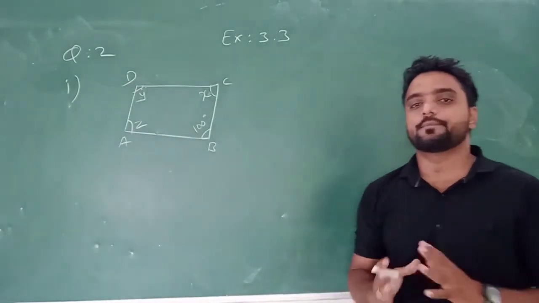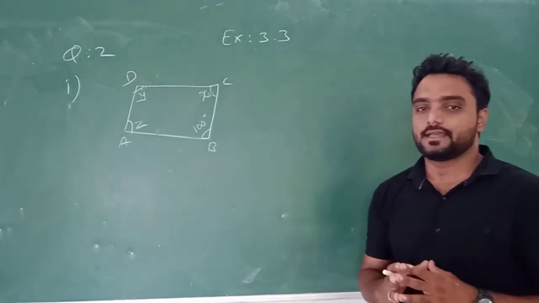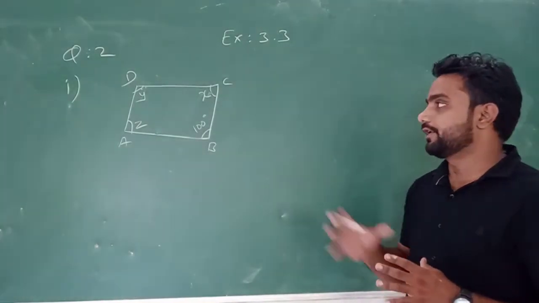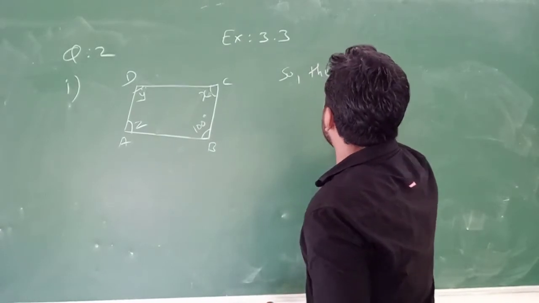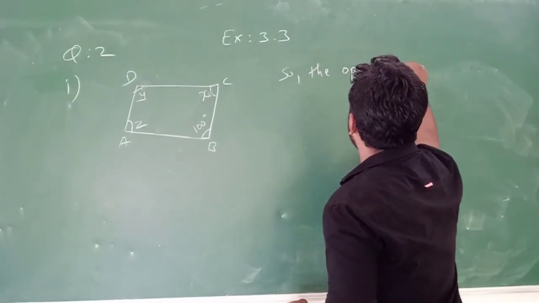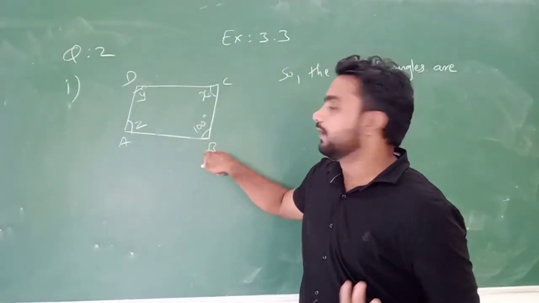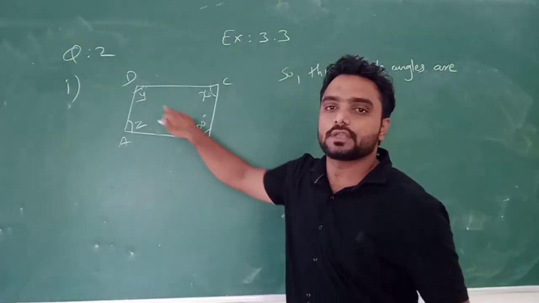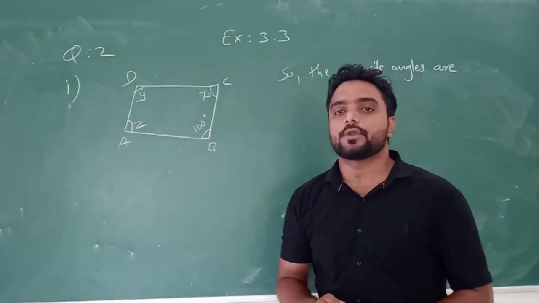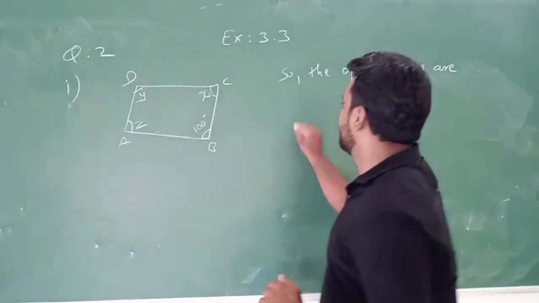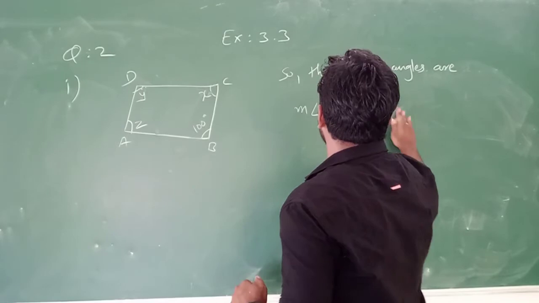पहले तो एक बात बताऊंगा, सबसे इम्पोर्टेंट चीज क्या है? You have to check this parallelogram is given to you. Okay, so just check which is the opposite angle. Which are opposite angles? Just see this figure. So angle B and angle D both are opposite angles or not? Okay, so according to that property, that means what? The opposite angles of a parallelogram are equal in measure. So according to that, I can write measure angle D is equal to measure angle B.